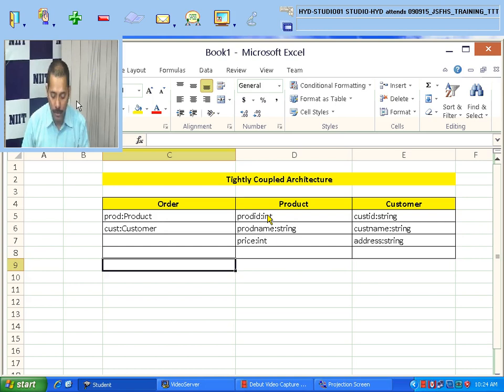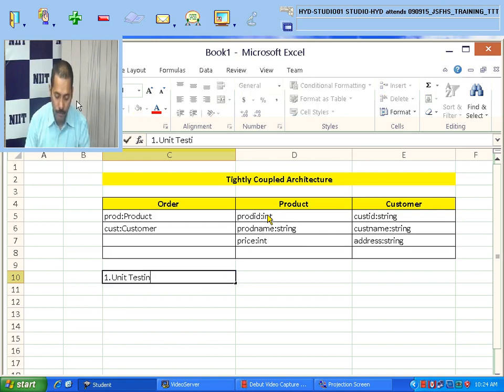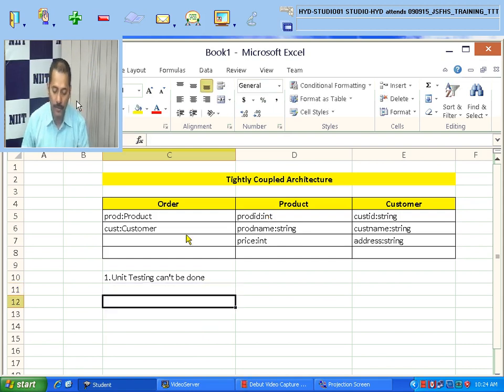Now you can say that the order class depends on the product class and the customer class, and one of the disadvantages is that unit testing can't be done here because of the tightly coupled architecture.